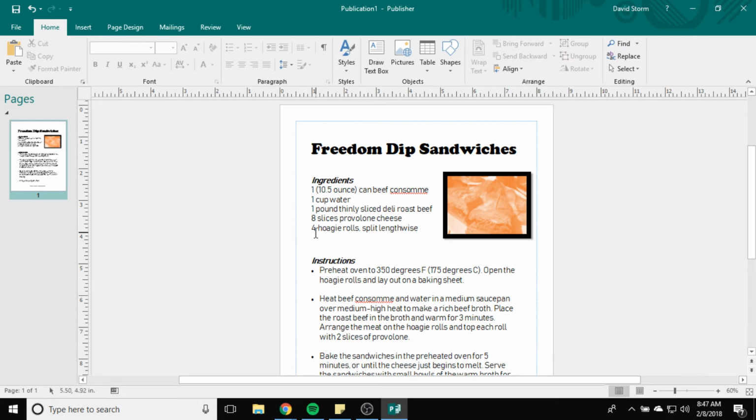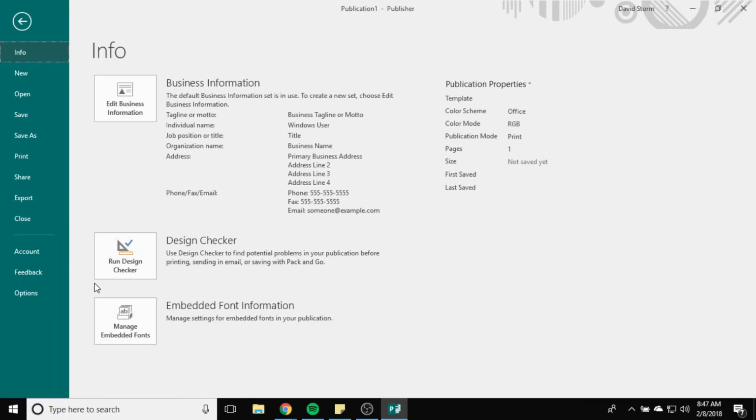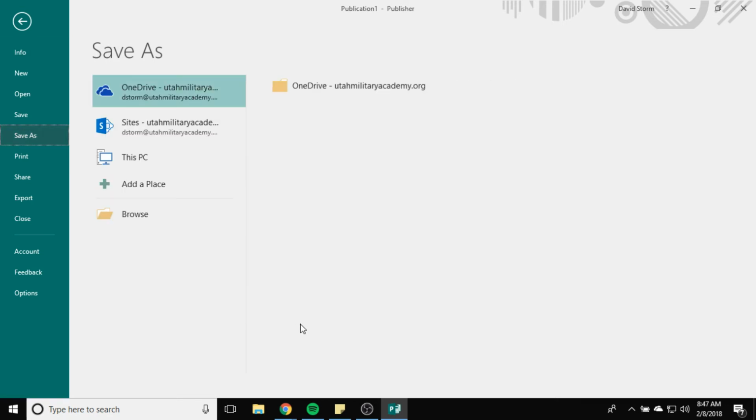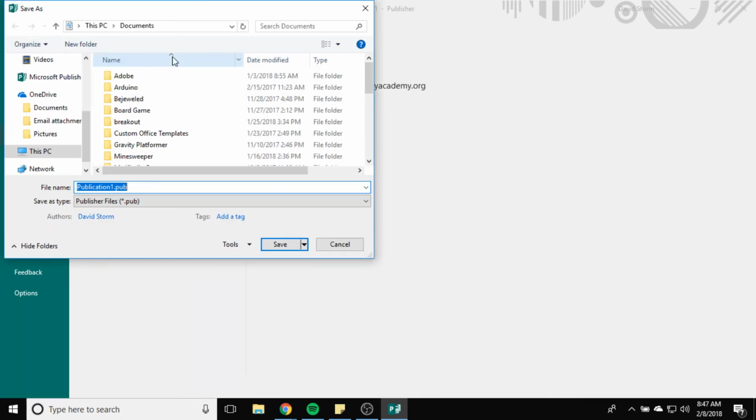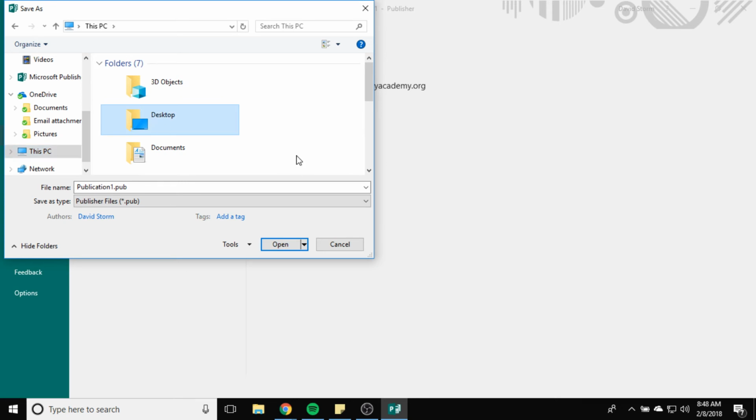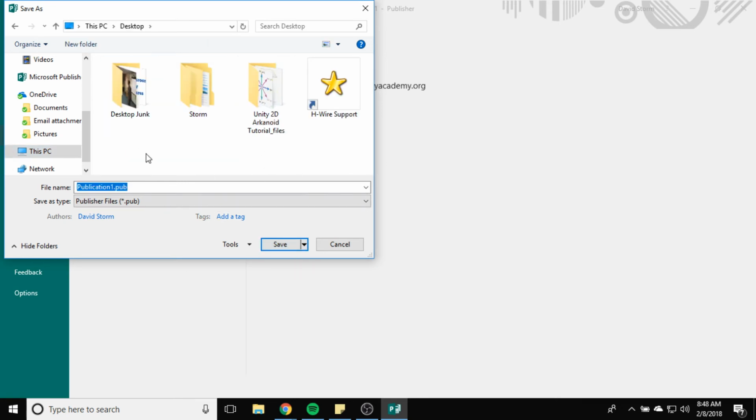export a PDF. A couple of you have been having some issues with that, so I want to show you really quickly how to do that. First of all, you want to save your document and put that either on your OneDrive, which I would recommend, so that it's on your cloud and you can keep it forever. Or if you want to put it on your computer, you can put it on the desktop or whatever. And then you want to rename it so that you know what the publication is. You don't want it to stay Publication 1, but you can rename it,